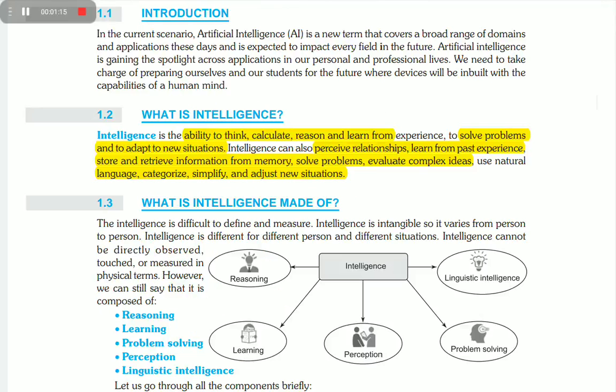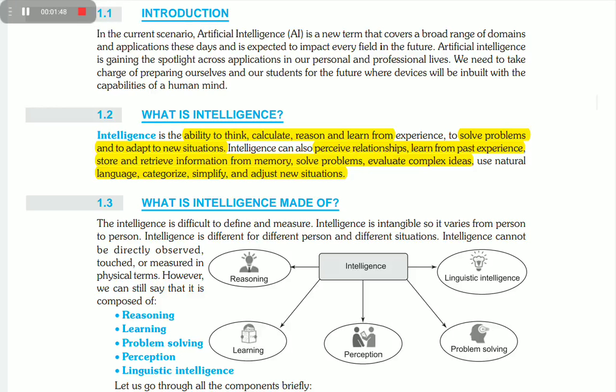So let's start. Introduction 1.1. In the current scenario, artificial intelligence is a new term that covers a broad range of domains and applications these days and is expected to impact every field in the future. Artificial intelligence is gaining the spotlight across applications in our personal and professional lives. We need to take charge of preparing ourselves and our students for a future where devices will be inbuilt with